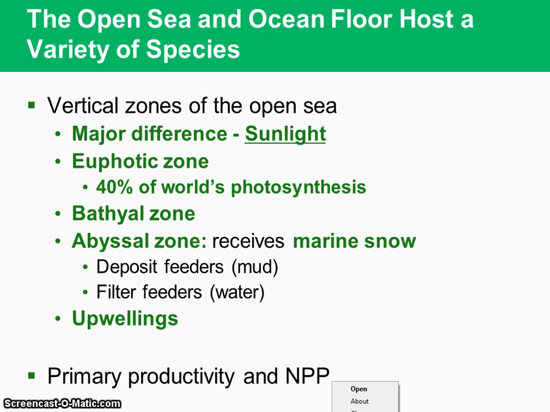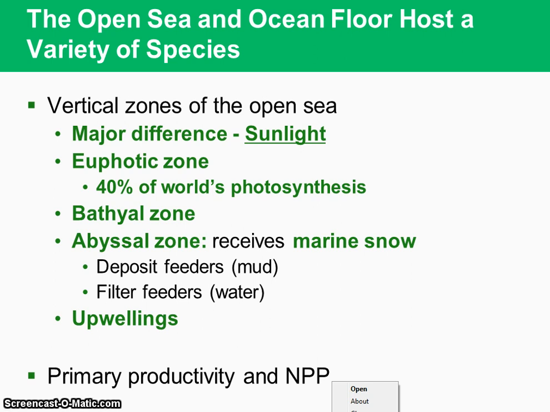And in that area, about 40% of the world's photosynthesis happens. But we always say that it doesn't necessarily have a high NPP per unit area. It's so big, we get 40% of the world's photosynthesis, but per unit area, you're not going to have as much, if that makes sense. And then you're going to have your bathyl zone. That's going to have less,